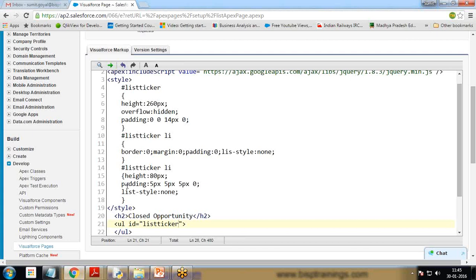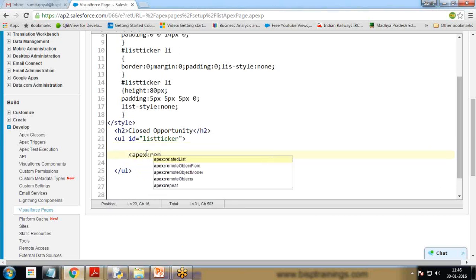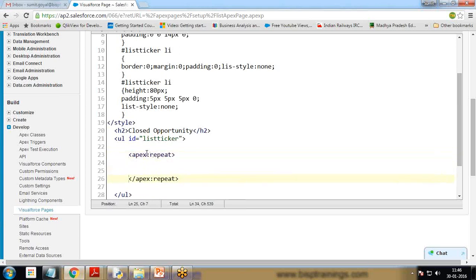Now I'm going to get the values. So to get the values, I use a repeater here. Repeater is basically used to repeat values number of times. So I'll define here repeater, apex colon repeat. This will repeat the statement. This will repeat the data. So value is equal to, now it will get the value from stories, which I'm going to define in my controller, where story,